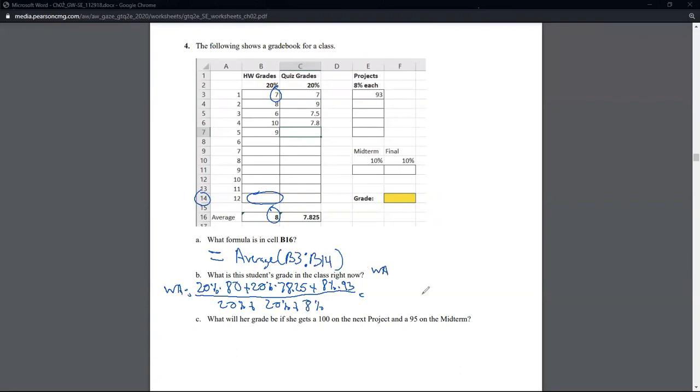All right, so 2 times 8 is 16, so that first one is 1600, plus 78.25 times 20 is going to give us 1565, plus the 8 times the 93 is going to give us 744. Confirm those with your own calculator. 20 plus 20 plus 8 is 48. Then adding up the 1600, the 1565, and the 744 is going to give us 3909